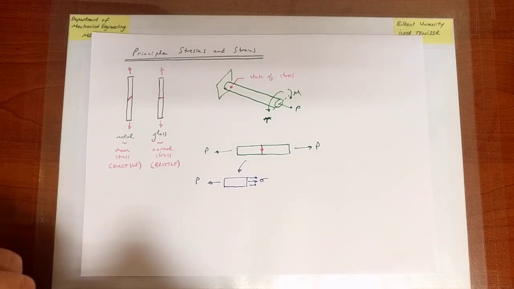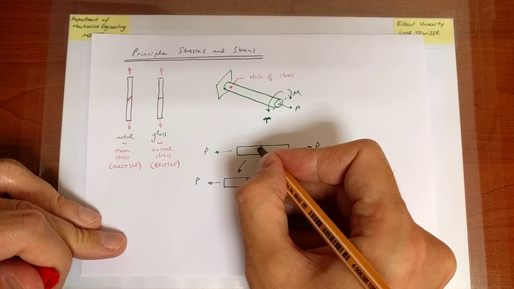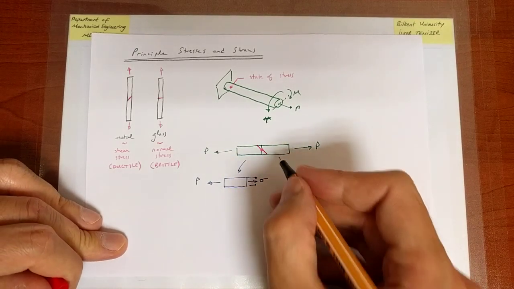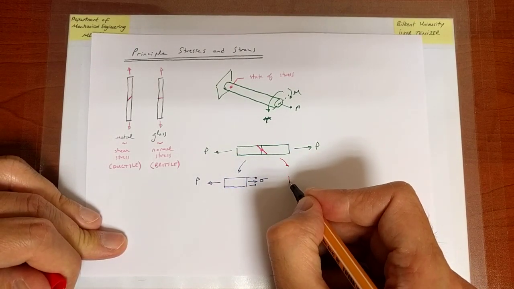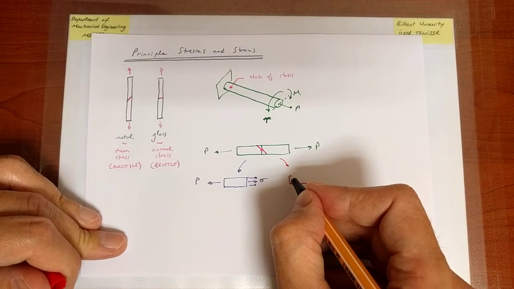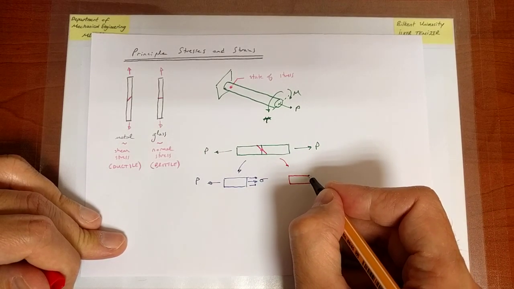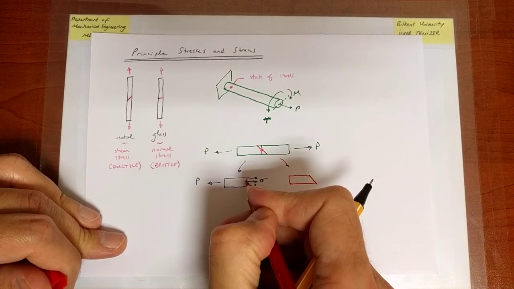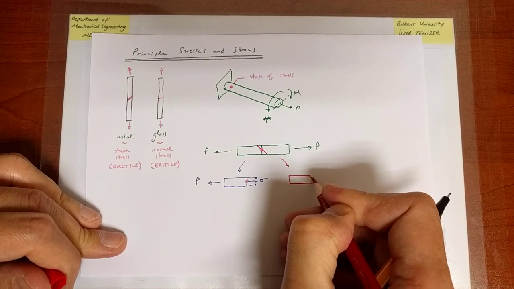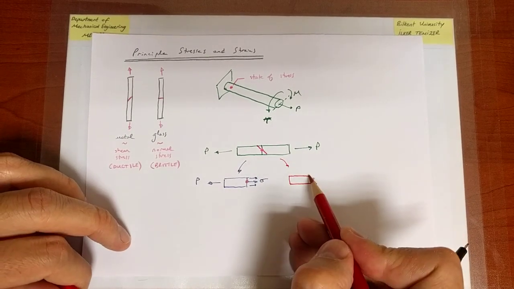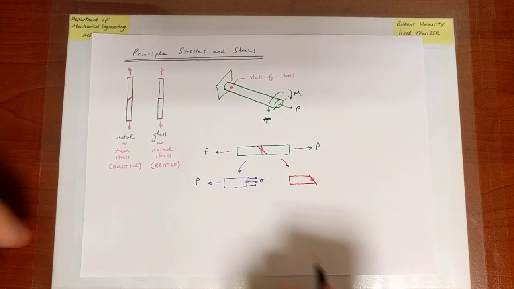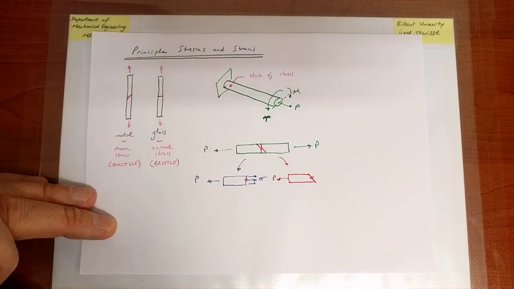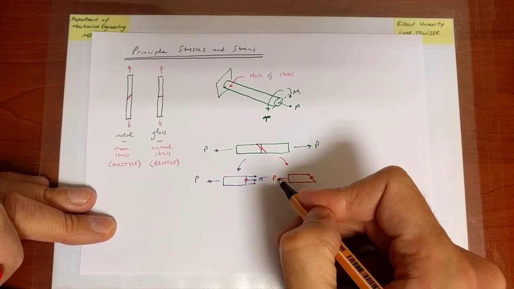What I could have done is I could have chosen that surface. So in other words, I could have taken a cut that looks like this. I'm looking at the same point, remember. I'm still looking at the same point. I'm looking at the state of stress at that point. And now when I take a different surface, first of all, there is a load here, P, but now in order to balance that force,